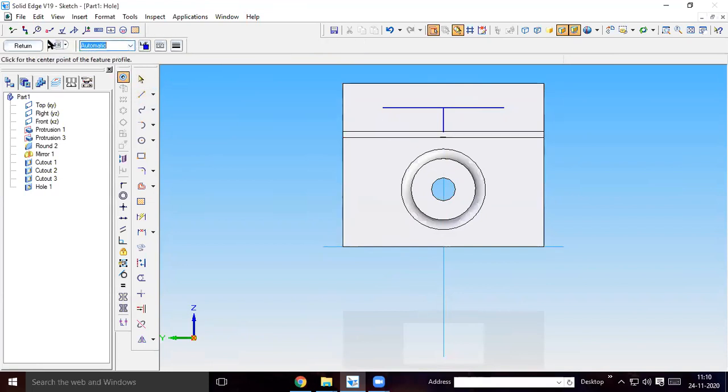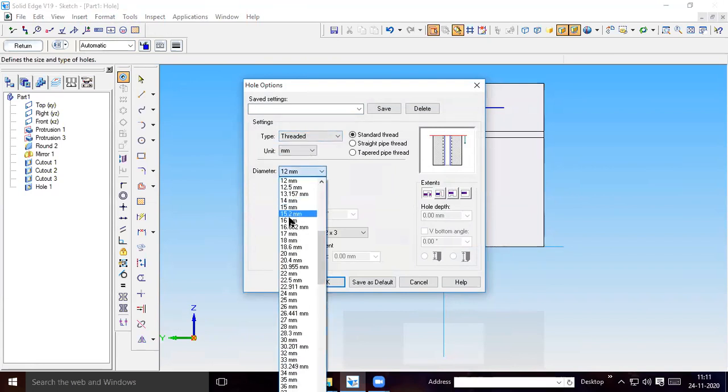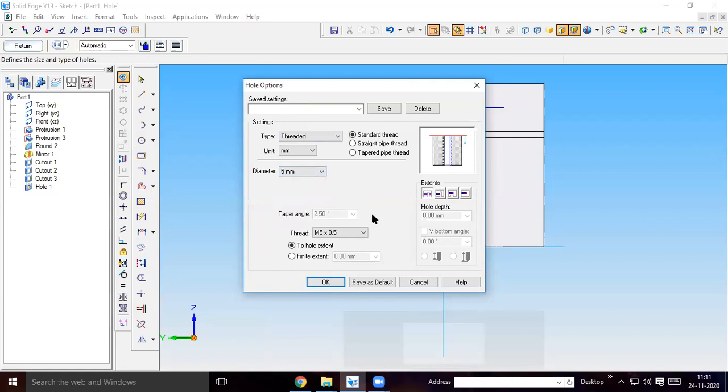So then you define the hole. Here, the whole circle command: a window will appear if you click on this command. Here you select a threaded hole. So what is the diameter of the threaded hole? 5 mm, right? Select 5 mm diameter.